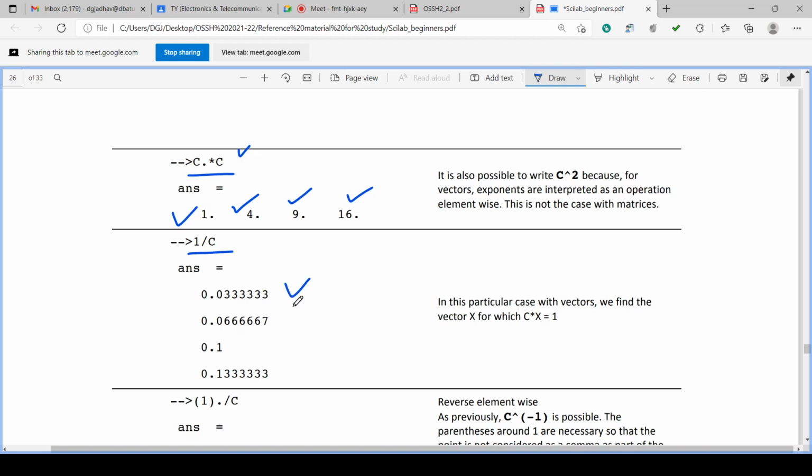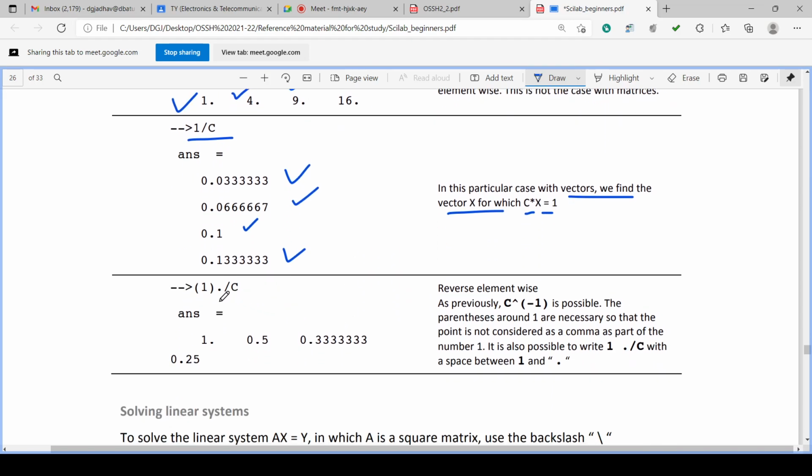Then 1 upon C. Okay, this is how we find the vector x with C into x equal to 1. Similarly, dot slash is there: 1 upon 1, 1 upon 2, 1 upon 3, 1 upon 4, that is 1 divided by dot slash C.